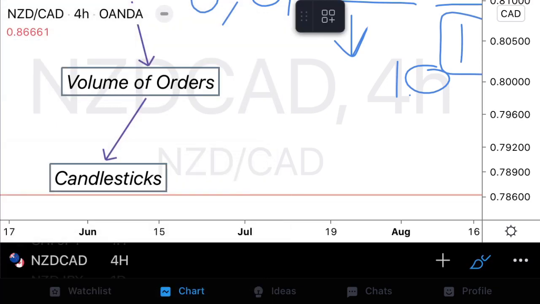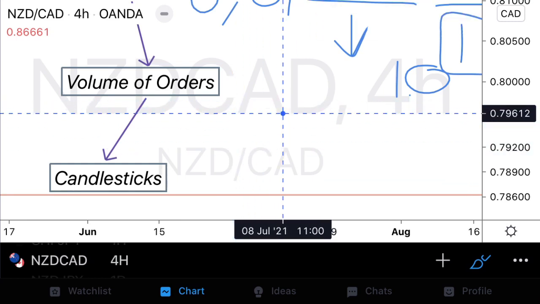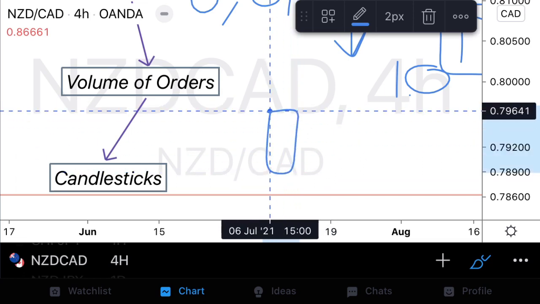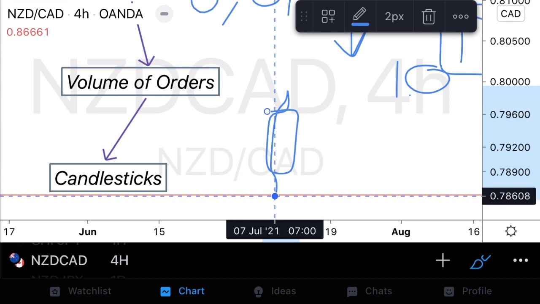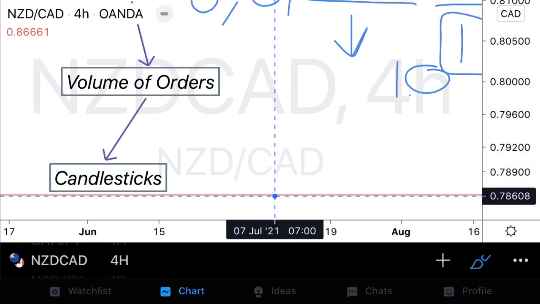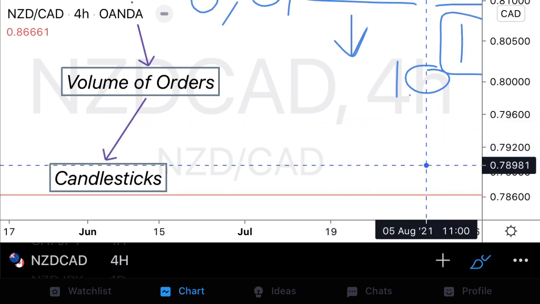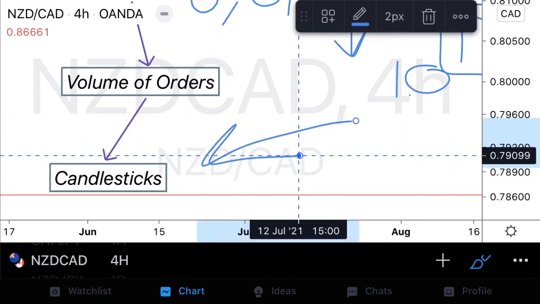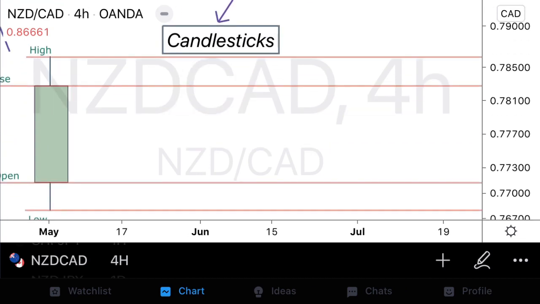We get to see where the volume of orders is flowing by the development of a candlestick, whether that's a bullish candlestick or a bearish candlestick. We get to see the volume of orders being sent through the market represented to us on our charts by our candlesticks. Now we need to understand as well the functioning